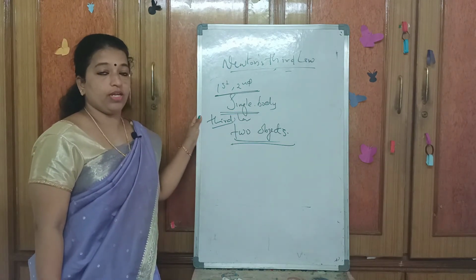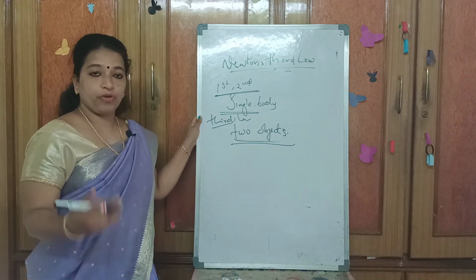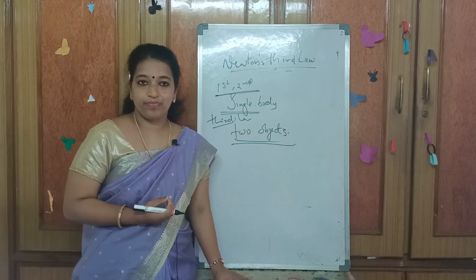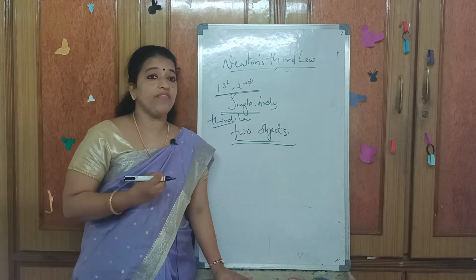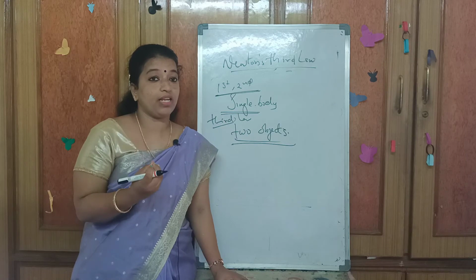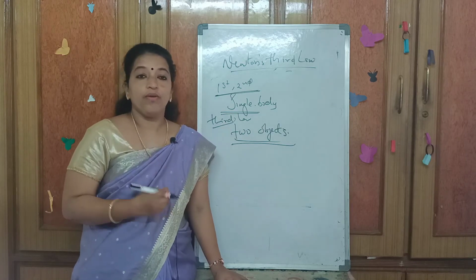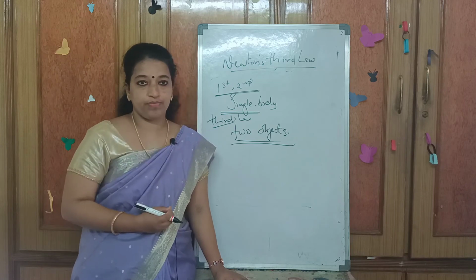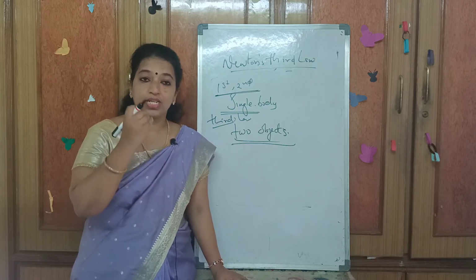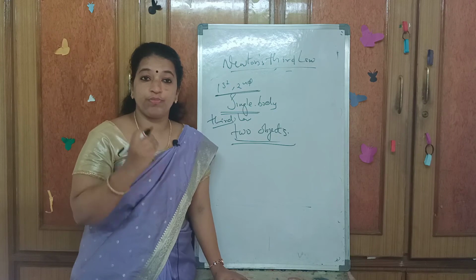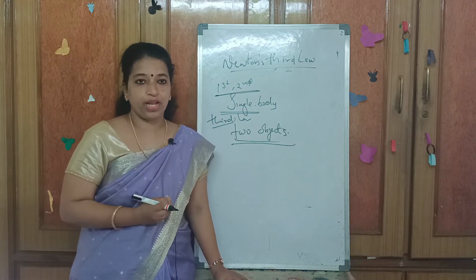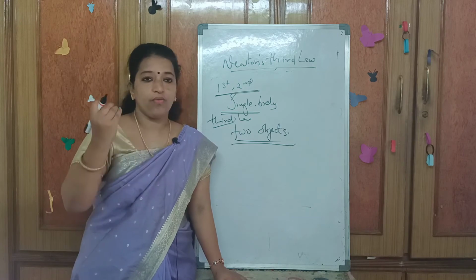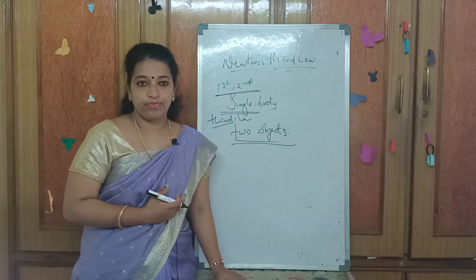Now we are going to learn about the rocket. Have you ever made a rocket? Okay, whatever it may be. Today we are going to learn how to make a balloon rocket, which is an application of Newton's third law of motion. By the help of Newton's third law of motion, we are going to make one balloon rocket. Okay, so what are the materials we need for this balloon rocket? Let us see.